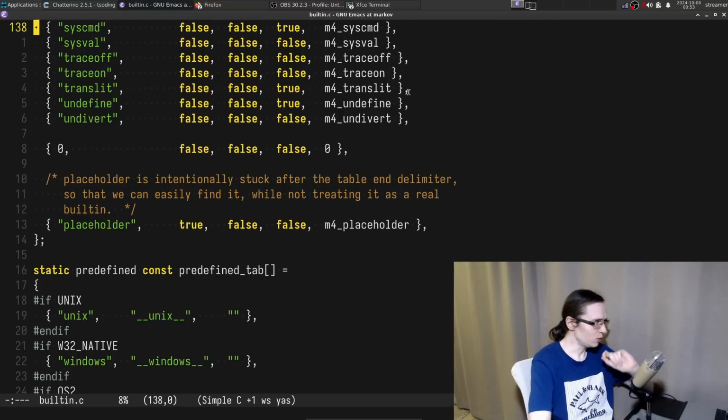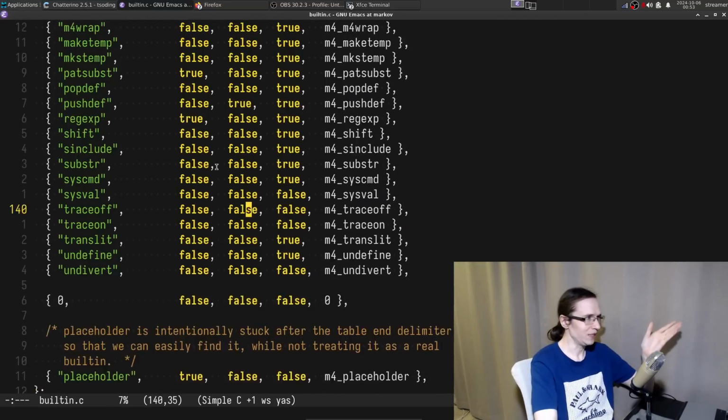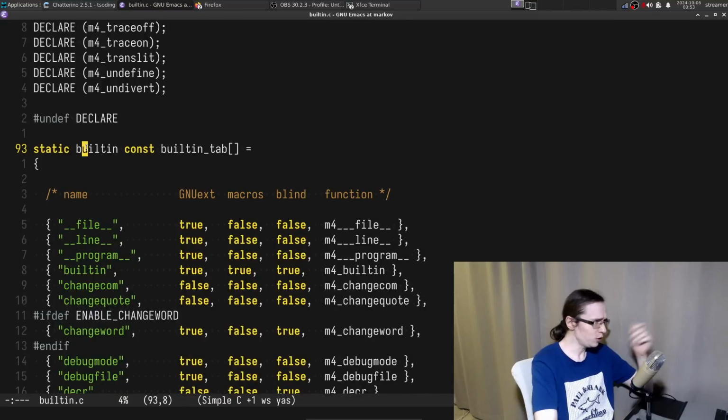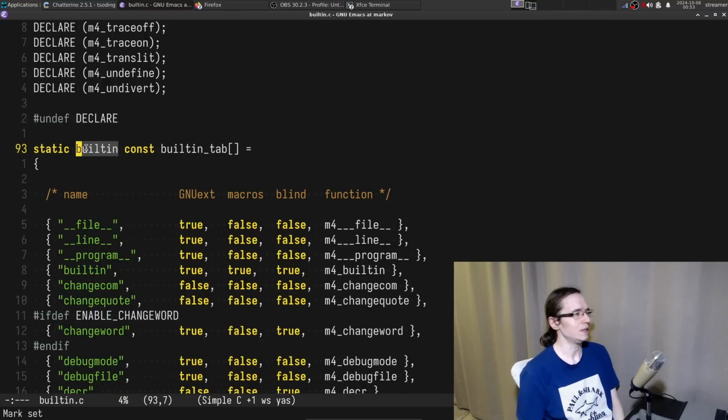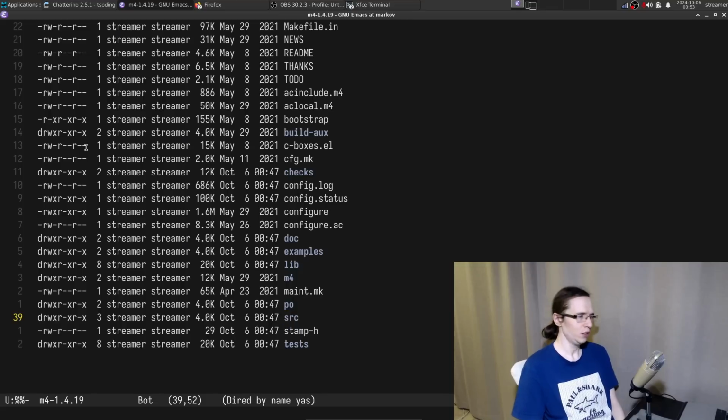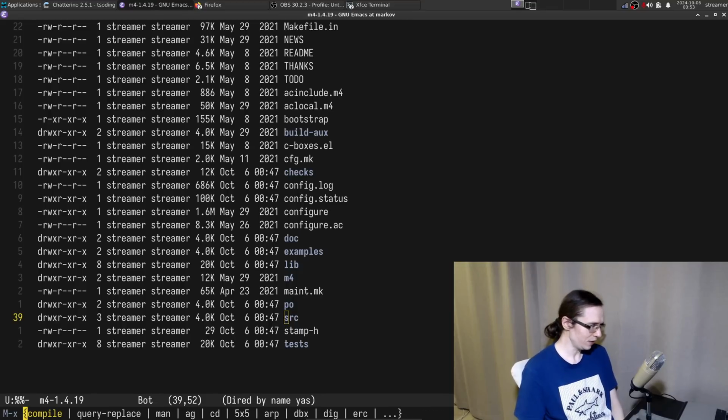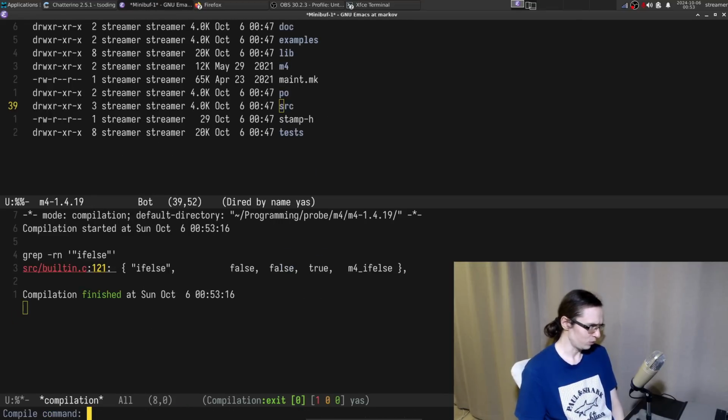Excuse me. So, let's try to introduce something in here. I'm interested in what is built in. Alright, so can I jump? I can't even jump there, mate. Can't even jump there. Can I? Do I have etags? So etags. I do have etags.